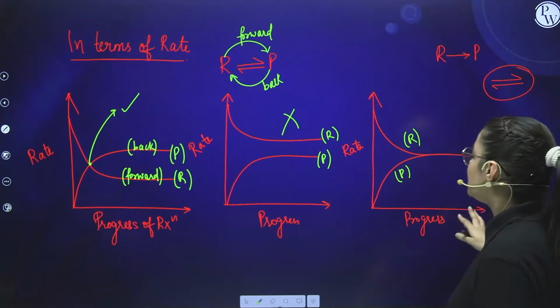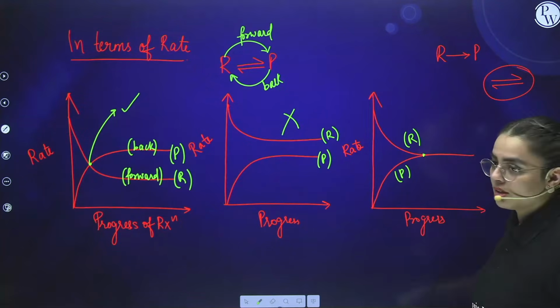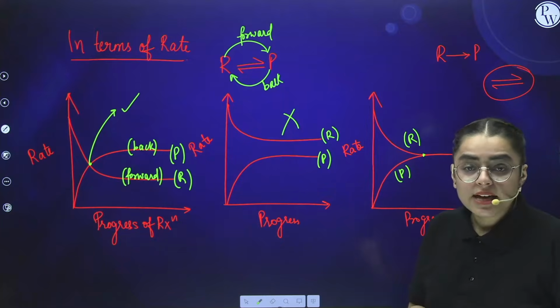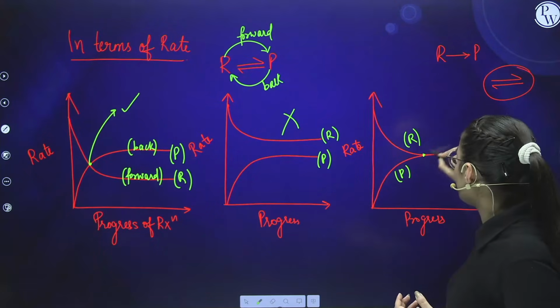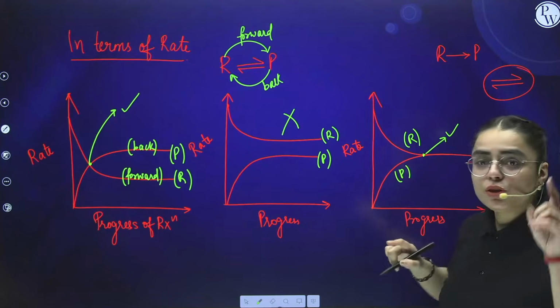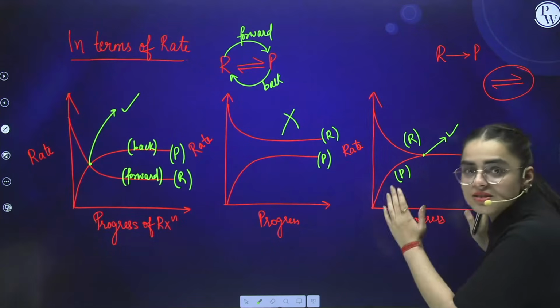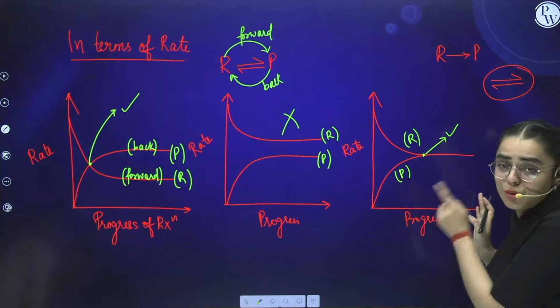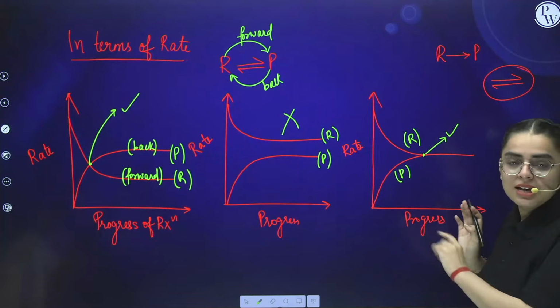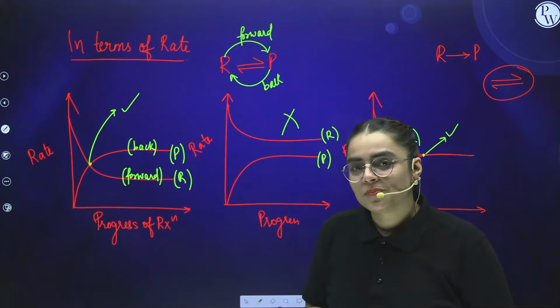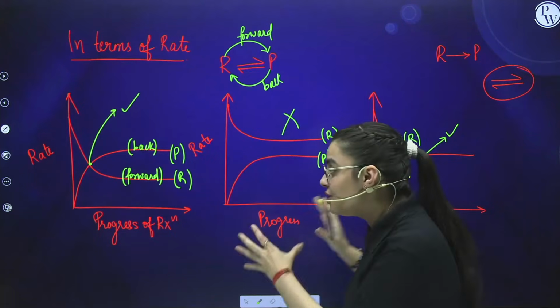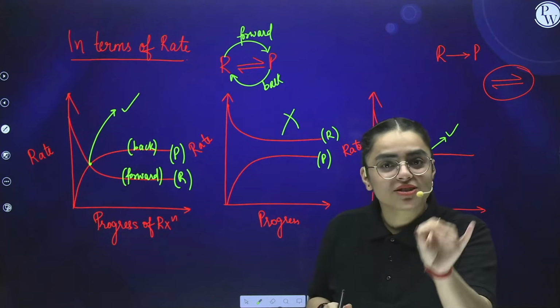Now moving to the third graph, yes, this point. When they meet up, right? When the rate of forward reaction is equivalent to the rate of backward reaction, that point is the equilibrium point. But if you remember the previous case, yes, this graph was similar. Only this graph was similar. Is that clear? Now you can easily define what is an equilibrium. Right? Now you have easily understood the equilibrium with respect to concentration and rate.